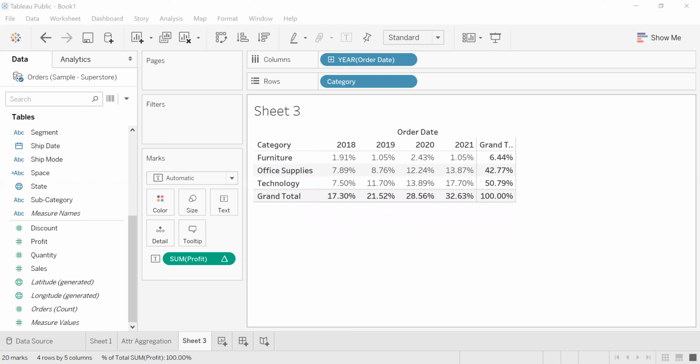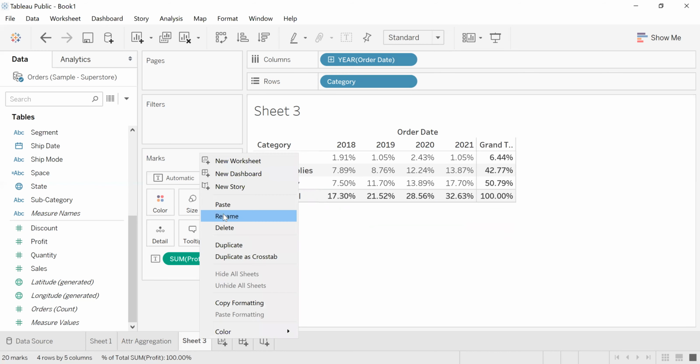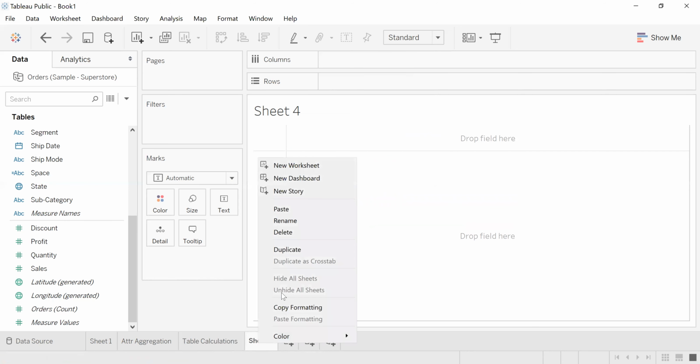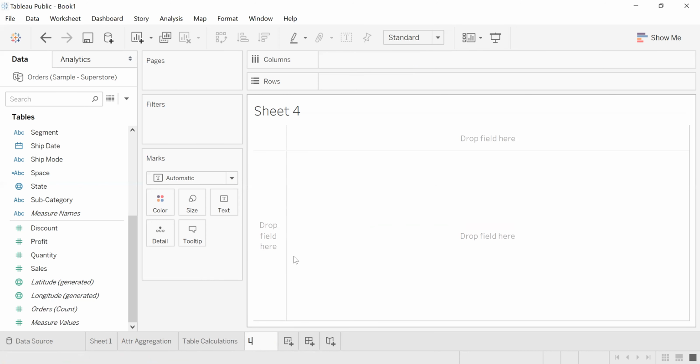There is another kind of calculation called LOD calculations.